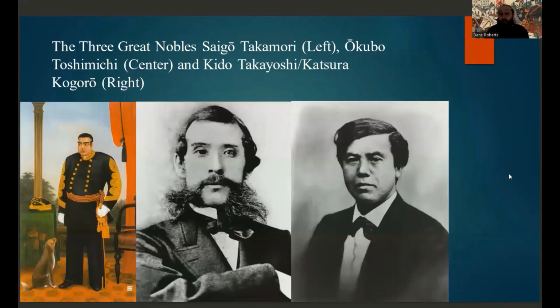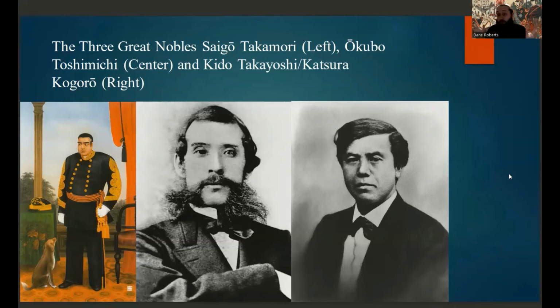And among these new kazoku, these bureaucrats, stood 3 individuals above all. These individuals would become known as the 3 great nobles, and they were the sort of general de facto leaders of the Sacho Alliance imperial forces during the Boshin War. These were Saigo Takamori, Okubo Toshimichi of Satsuma, and Kasara Kogoro, who had now at this point changed his name to Kido Takeyoshi of